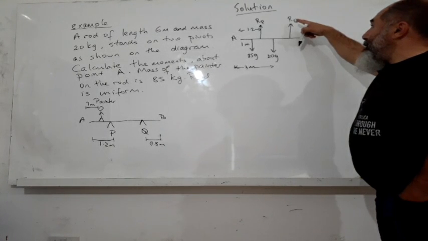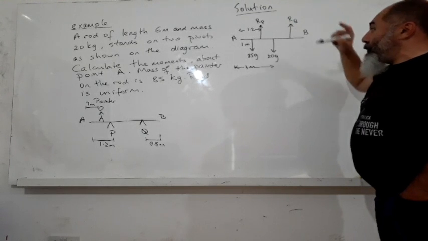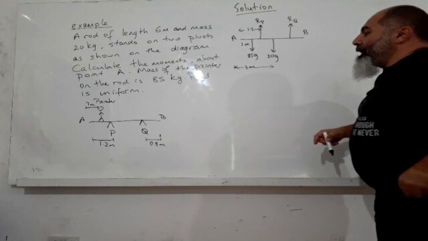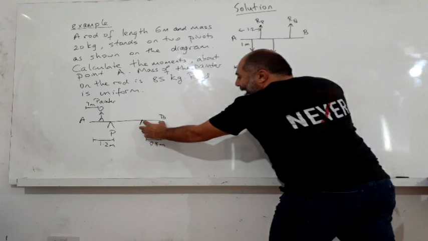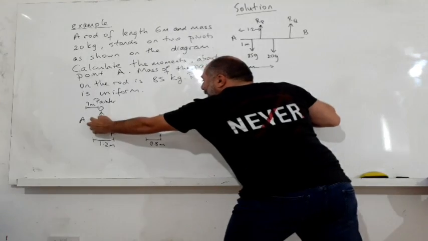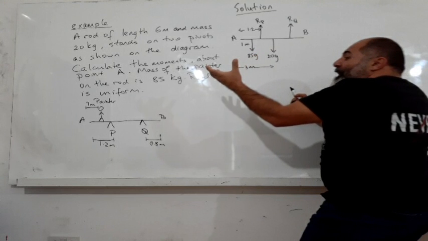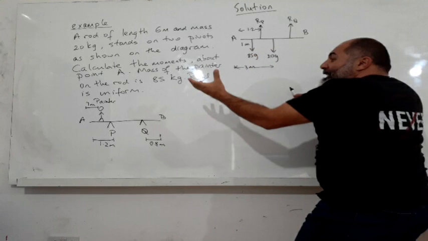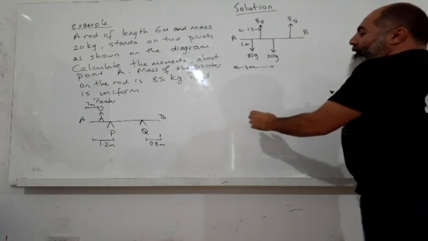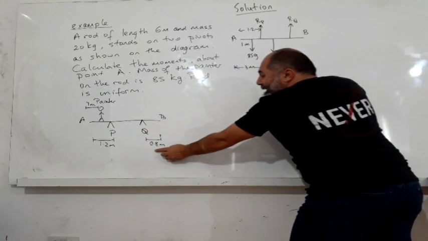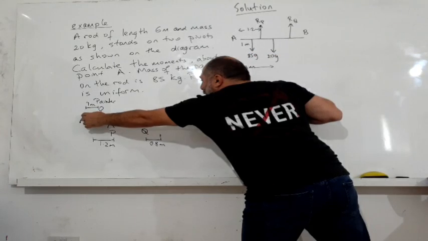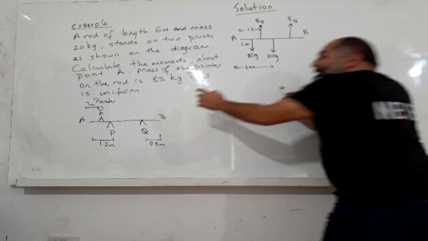If this is 0.8 and if the total distance is 6 meters, it is very easy to find the distance from A to Q. From Q to B it is 0.8 and the total distance from A to B is 6. So from A to Q the distance will be